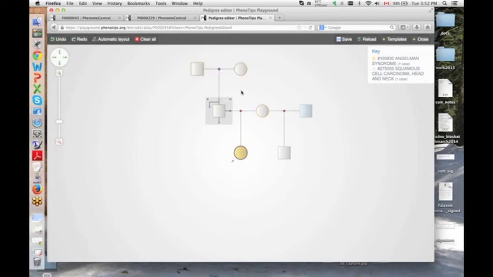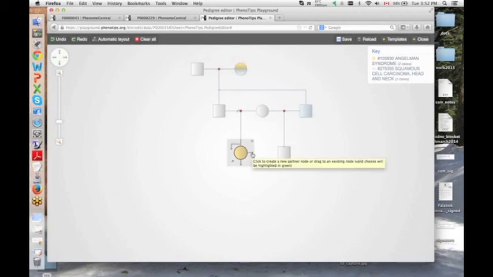You can add more. Let's say, for example, this is actually related as a child of this marriage. So basically, the woman has married two brothers, in order. You can specify that this specific marriage is over. And if you want to indicate that, for example, somebody else had Angelman in the family, you can just highlight it this way.